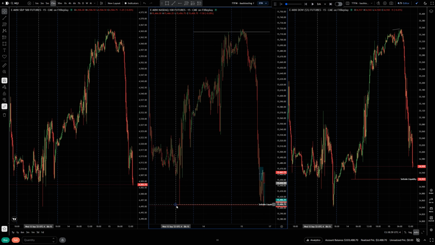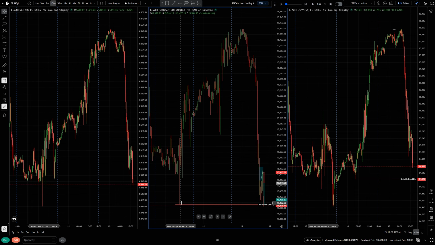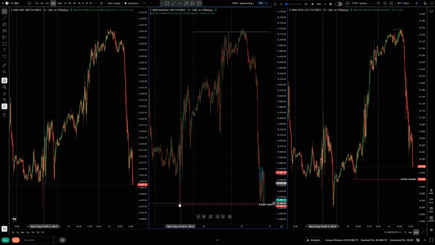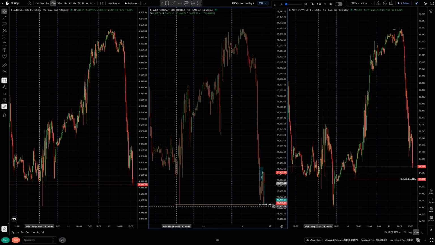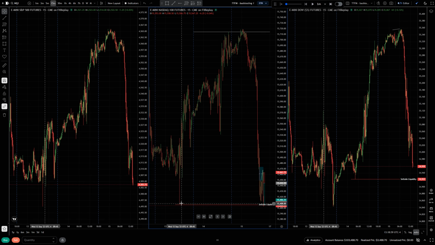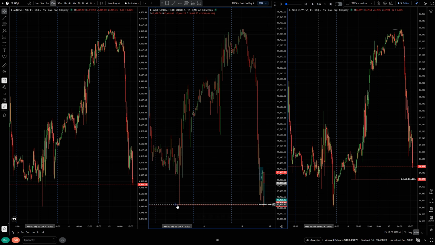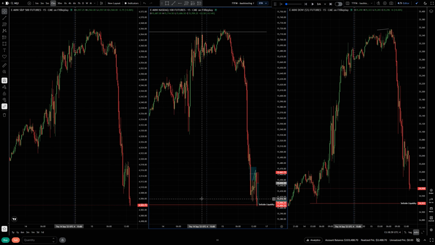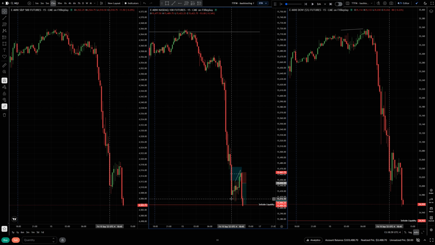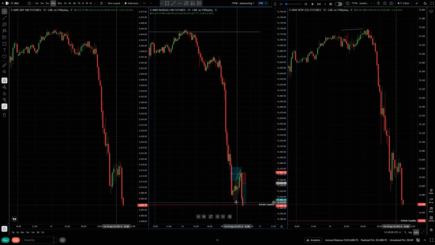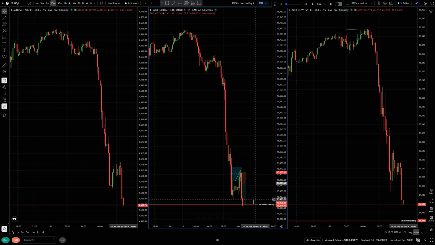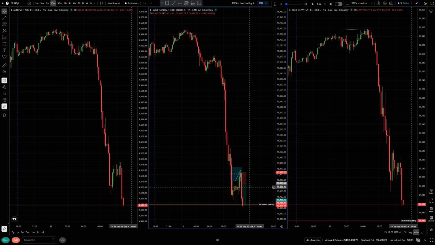And our target was this. Not only was this a very relevant level, it was also a news wick. So you can note that news highs and lows are very important price levels and are very sensitive. With NQ being this close, making relatively equal lows right above this news wick, sell side liquidity, I was